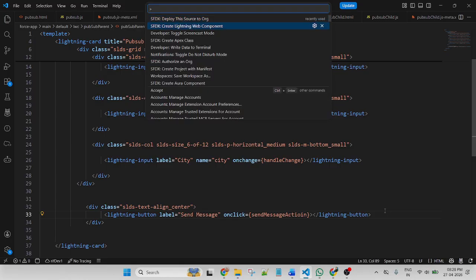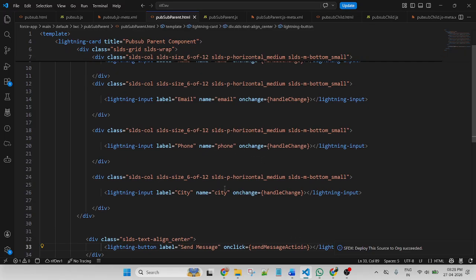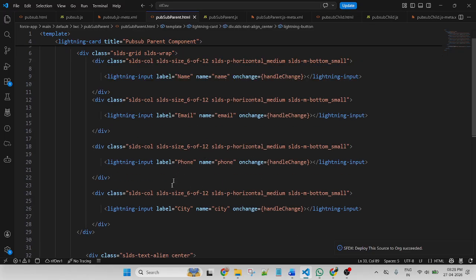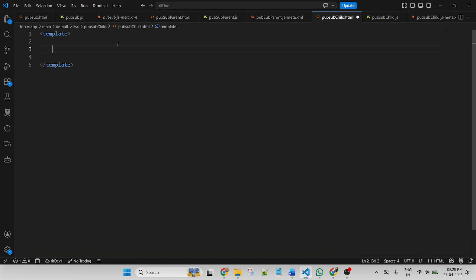Now save and deploy the code. Component deployed successfully. Now this is a child component.